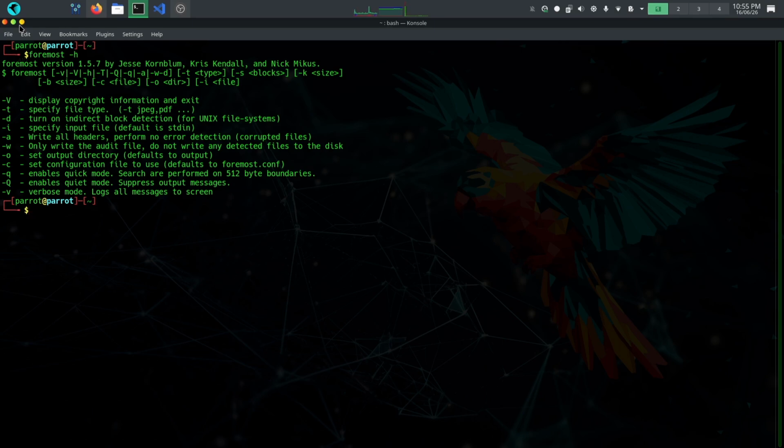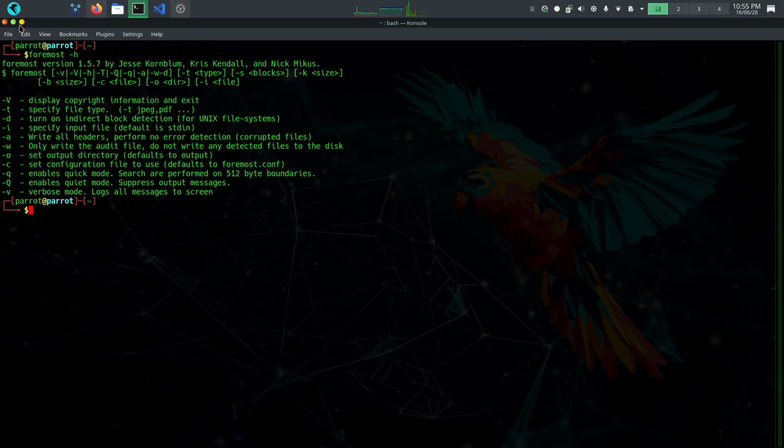Before we can actually start recovering data, we need to identify the specific storage device or partition we want to target. To do this, we use the command sudo fdisk -l. Running this command lists all the connected disks, their sizes, and partition structures. After reviewing the output, I am going to choose /dev/sdb for our demonstration today, as this is the specific drive that has become corrupted and contains the lost data